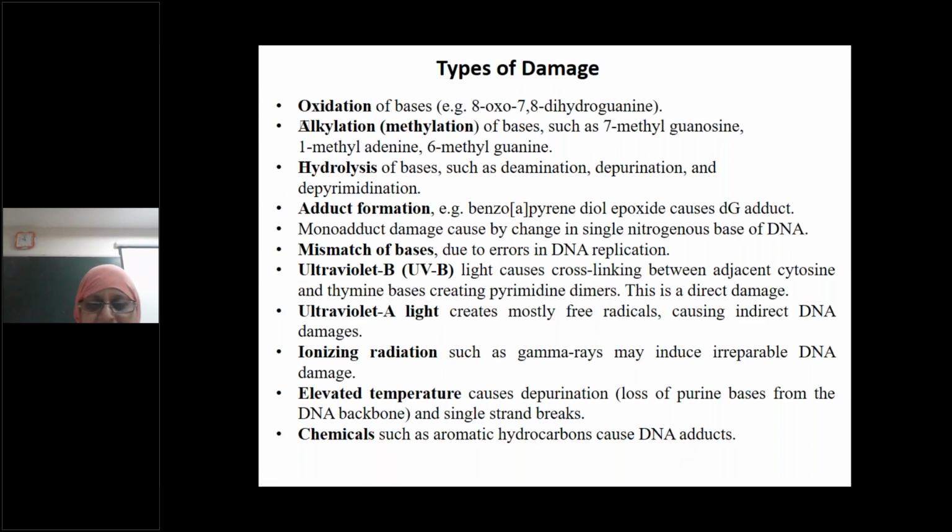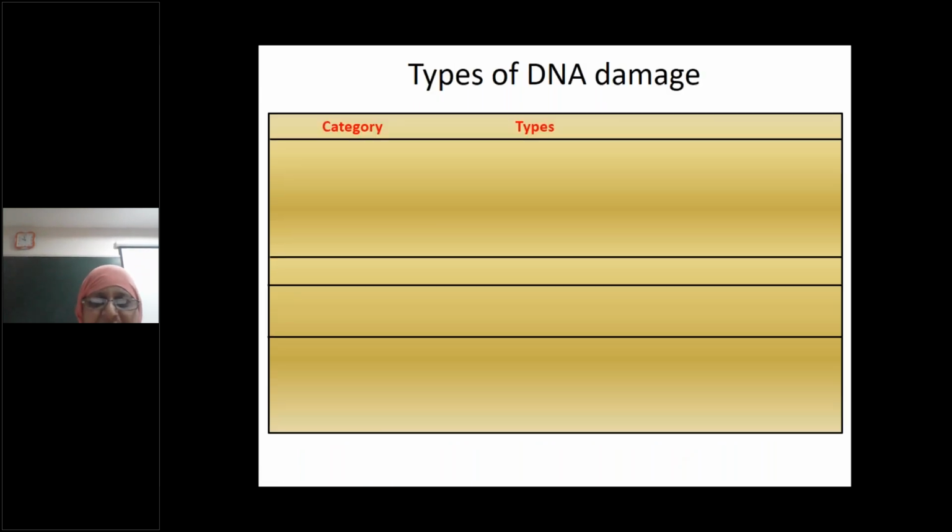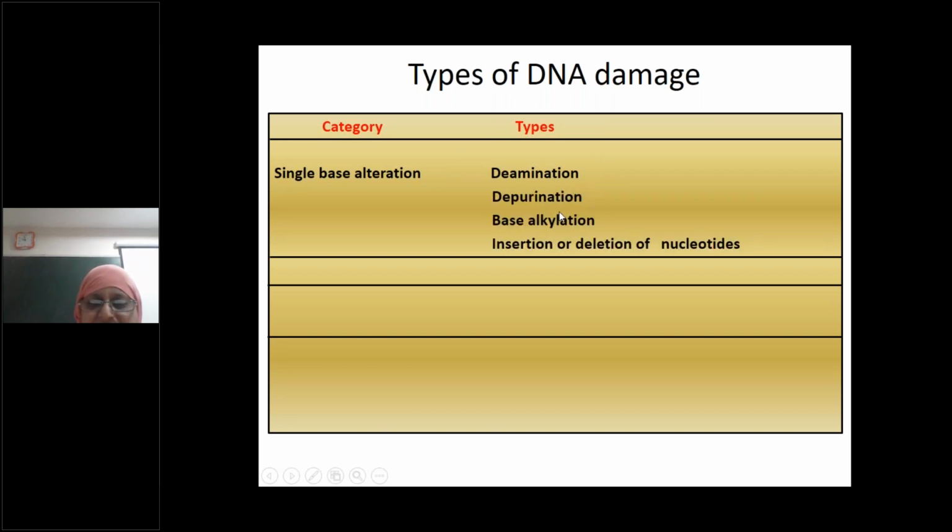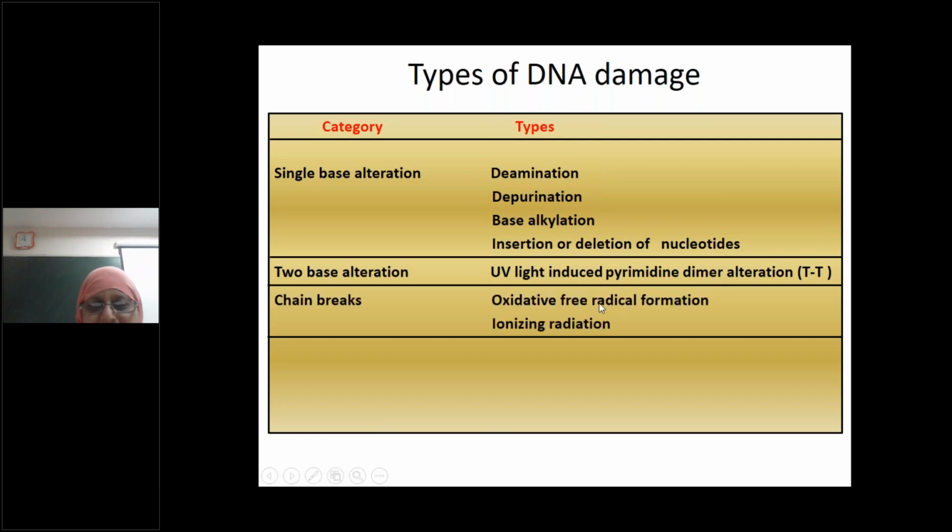For simplification, we have a classification which is based on a single base alteration category. We can say single base alteration which may occur as a result of deamination, as a result of depurination, that we said hydrolysis, base alkylation or methylation, insertion or deletion of nucleotides. Or there may be two base alteration as a result of UV light. We said UVB light may induce pyrimidine dimer formation, or chain breaks may occur as a result of UVA,